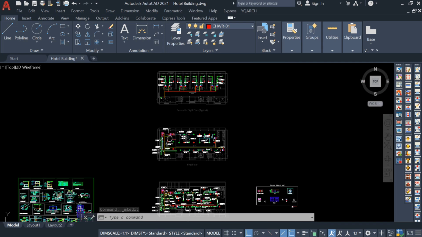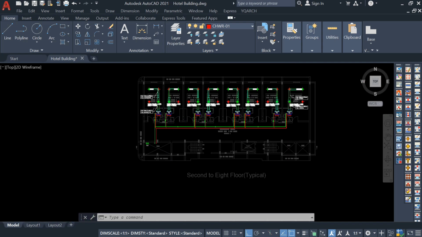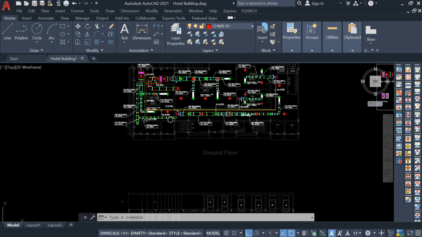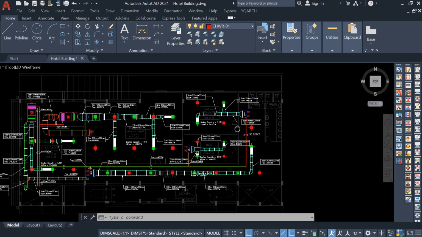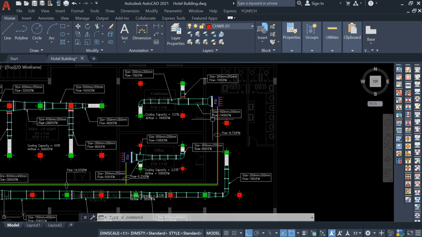Okay, so here we have the flow rate for each and every section. In the same way, for the first floor, the second floor, and second to 8th floor, you have to calculate the same thing. I will show you for the ground floor, then you will get the idea for each and every floor. Once you get the flow rate,